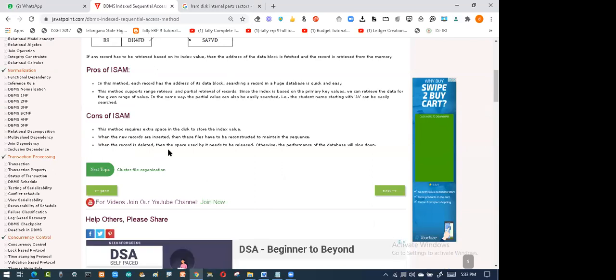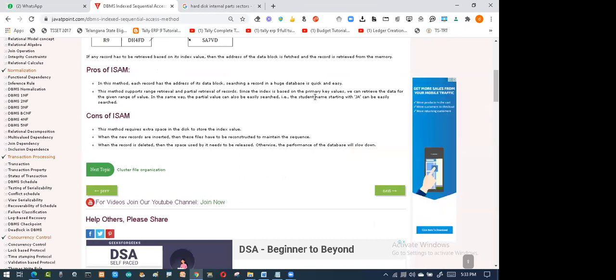When a record is deleted, the space it used needs to be released. Otherwise the performance of the database will slow down. What happens in a computer? What happens if you use your mobile? If you delete records or photos, you think your space has been freed. If 10 GB is there and it has been filled, you delete the WhatsApp files, the videos or audios, the chats and all the things. Then it says 7 GB has been used and 3 GB is free. So you think, okay, I'm relaxed, I can add some more, but it's not like that.